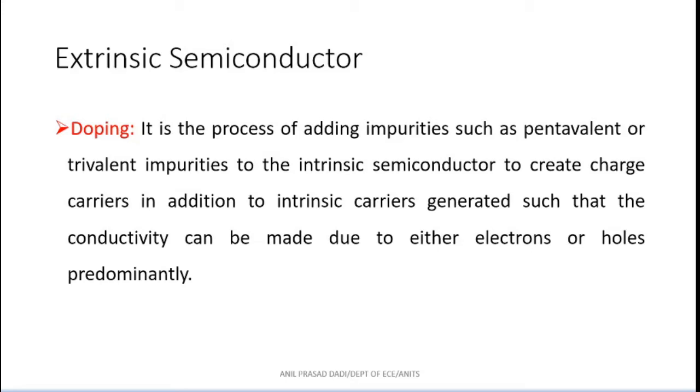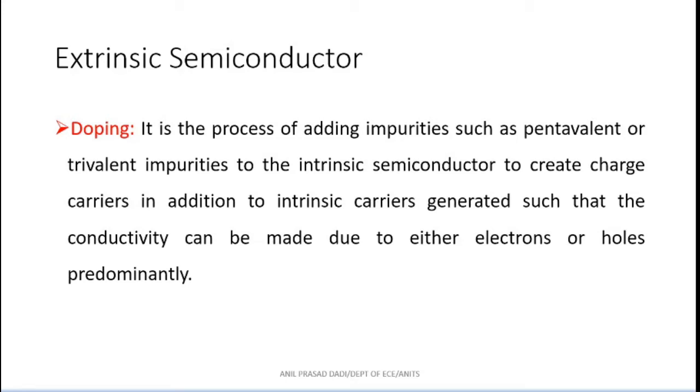Then how do I do that? If I start increasing the temperature, not only electrons but also holes are increasing. My current is due to both the charge carriers. That I don't want. I want my current due to only one type of charge carriers, similar to my metals. I had enough applications earlier with my metal, but due to some limitations with metal, I shifted my turn to semiconductor, and suddenly semiconductor was found to have two charge carriers, but still I want the current due to only one type of charge carriers. So then I have a process called doping.